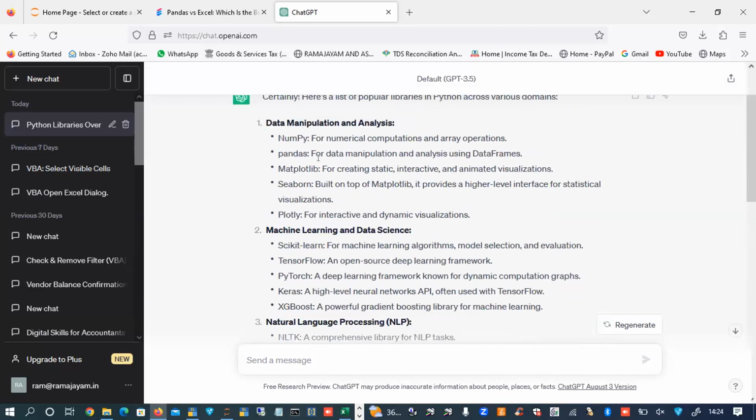Pandas helps in data manipulation and analysis. In other words, pandas can do whatever Excel can do, and also a bit more: what Excel cannot do, pandas can do.